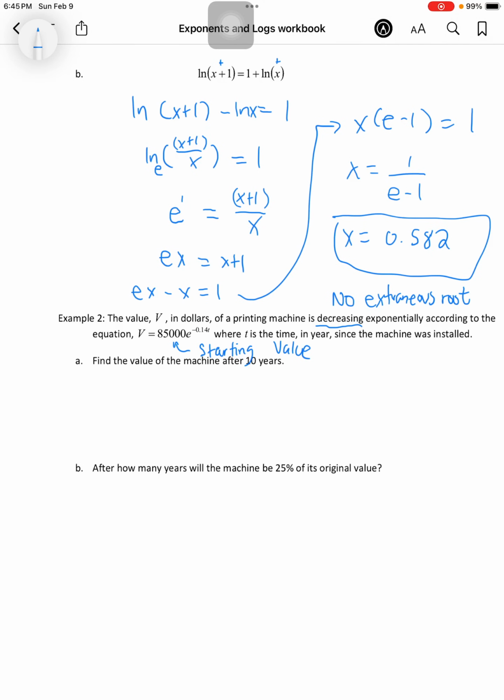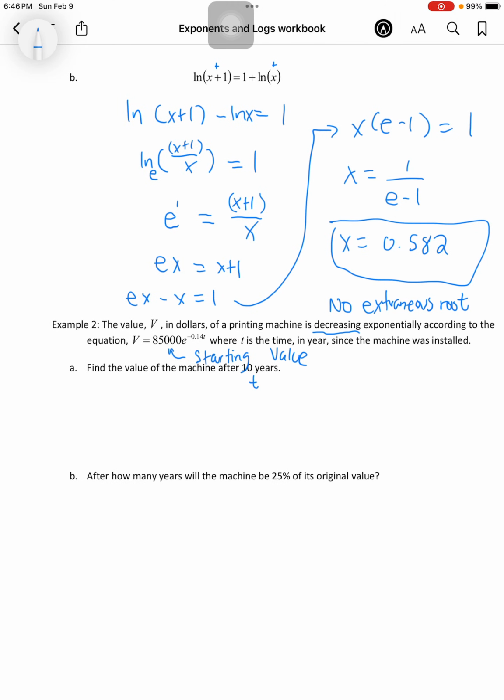But anyway, so here, find the value of the machine after 10 years. So 10 years, do we think that's v, which is dollars, or t, which is time? In this case, it's going to be t, as in time. t equals 10. So all you do is just plug and solve. So we're looking for v, the value, so v equals 85,000 times e to the negative 0.14 times 10. And then when you plug that into your calculator, you should get